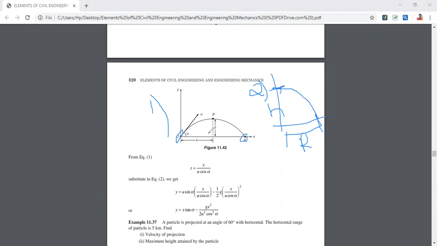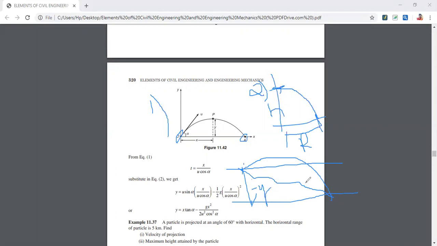In the third case, both are at different levels, say there is an undulated ground like this, and you drop and it comes and falls down over here. So this is your point A and this is your point B. Now when I draw a horizontal line at this point and at this point, there is a difference between these two points, point A and point B. This is the difference, that is y. I take it as minus of y.